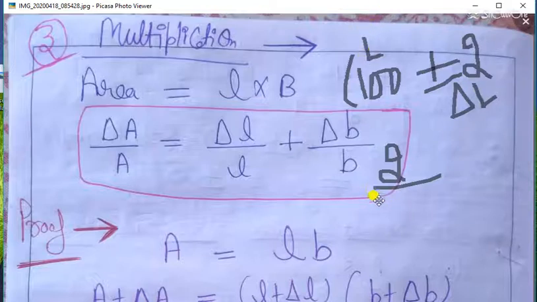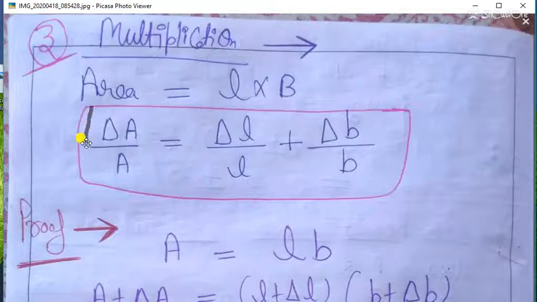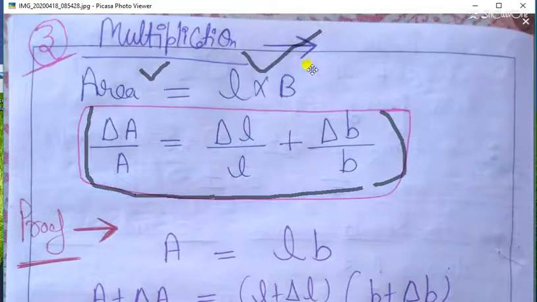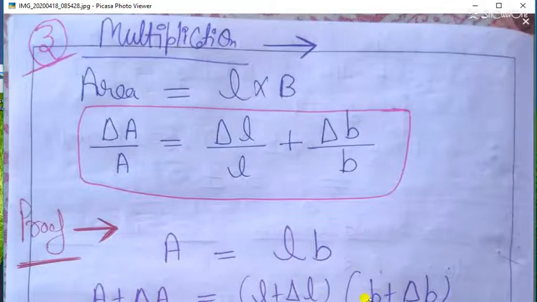So simply 2 by 100 is the value of delta L by L. It is called absolute error. I have already explained it in the lectures also. So now we have to see the proof: how we can prove that this is the exact relation when we get a physical quantity by multiplying two terms or three terms. If we multiply three terms, like in the volume case, we will discuss that also. So students, we are moving to the proof of this one.